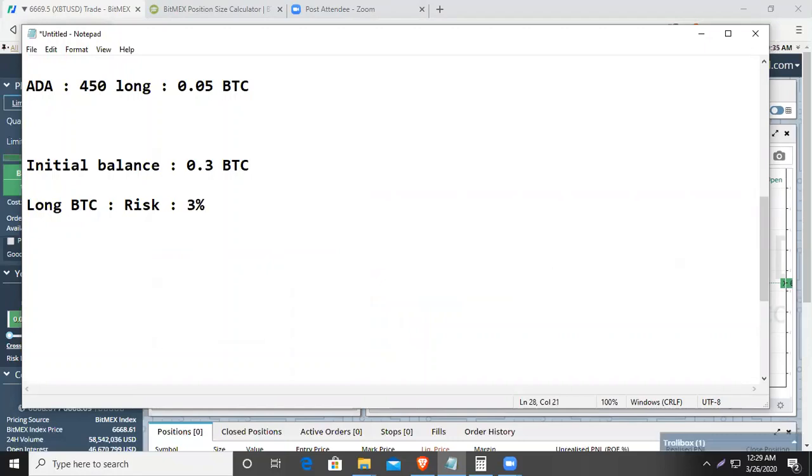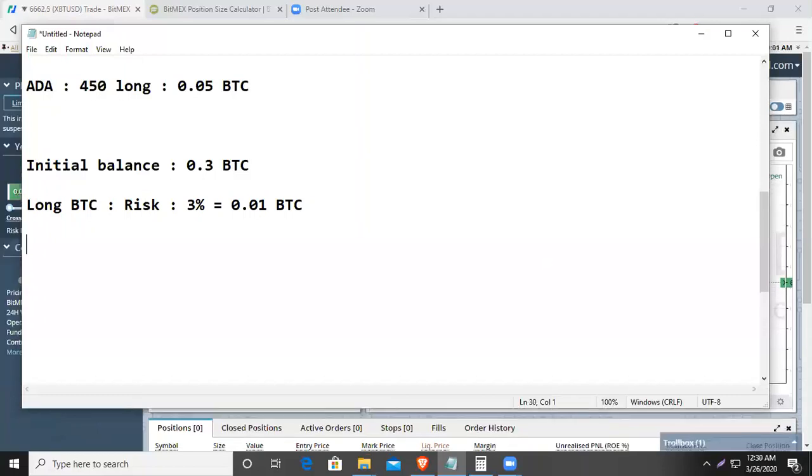That means I am ready to lose 0.009 BTC. Let's consider it 0.01 BTC for a small calculation. So this is what I want to use. I want to lose 0.01 BTC. That is my risk for every trade I will take. Now let's say my stop loss in a trade is